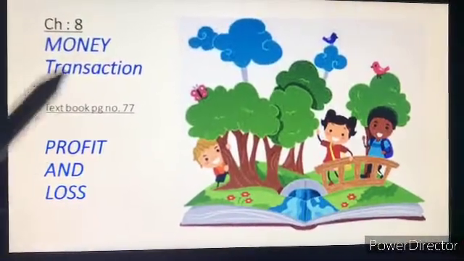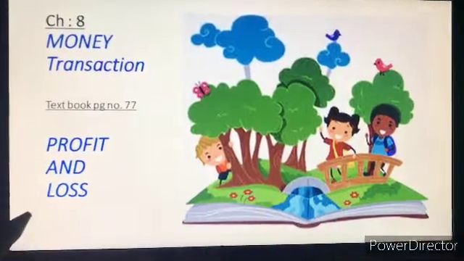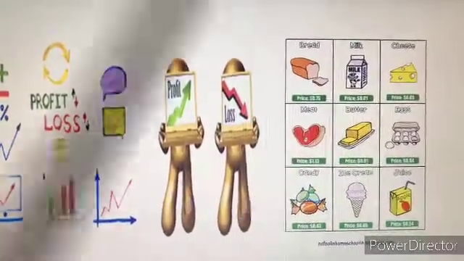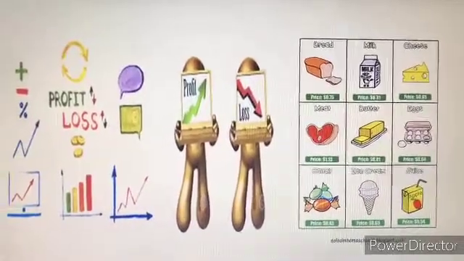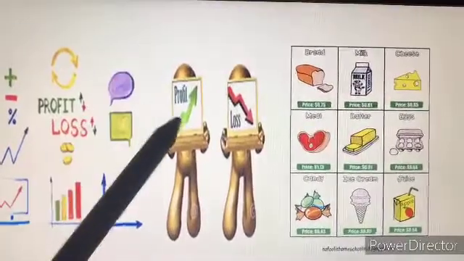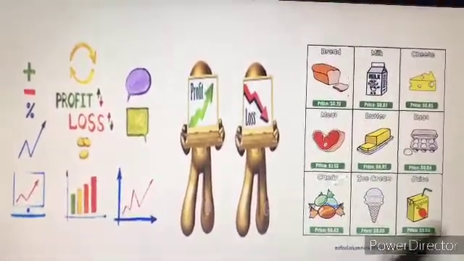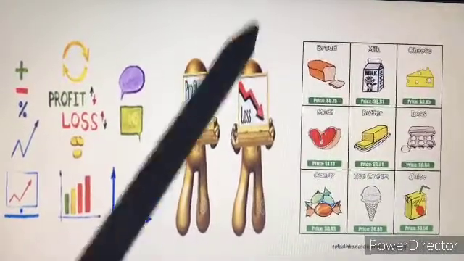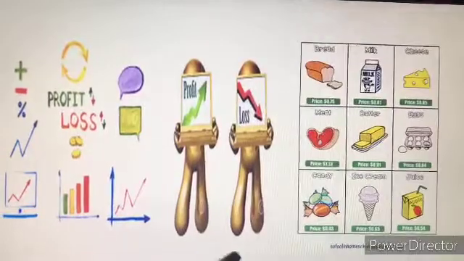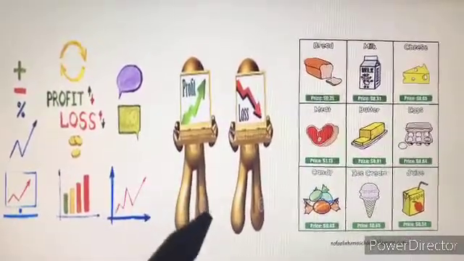Today we will learn what is a profit and what is a loss. For example, a piece of meat costs $1.50. So, if you sell it at $2, then you will be in profit. Means you are making more money. But if the same piece you sell at $1, means you are in loss, or you are making less money and you are having loss.